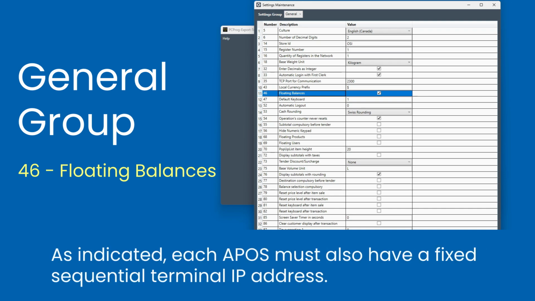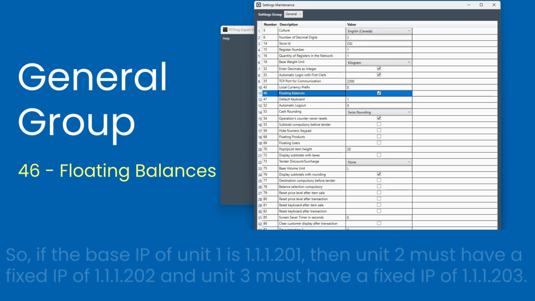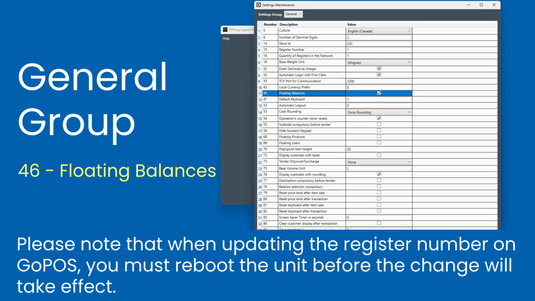As indicated, each APOS must also have a fixed sequential terminal IP address. So if the base IP of your unit is 1.1.1.201, then Unit 2 must have a fixed IP of 1.1.1.202, and Unit 3 must have a fixed IP address of 1.1.1.203. Please note that when updating the register number on GoPOS, you must reboot the unit before the change will